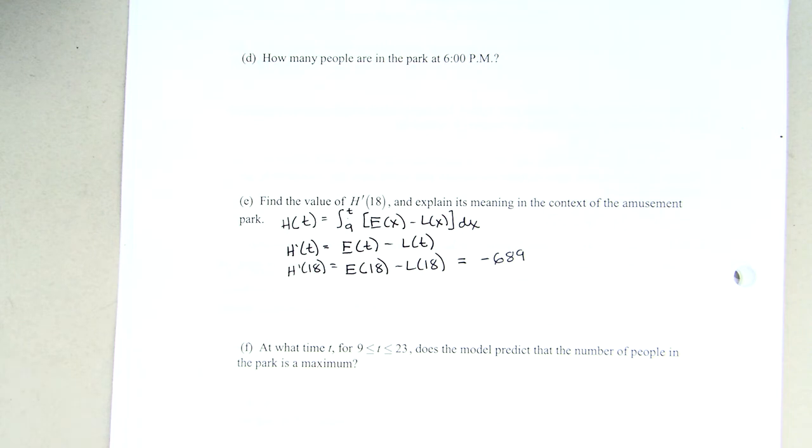Any hands or people who may have an idea? You could say t equals 18, or what is that, 6 p.m. The rate at which people are exiting the park is decreasing at a rate, or they're leaving at a rate of 6. You're on the right track. Sai. At 6 p.m., the rate of people in the park is decreasing